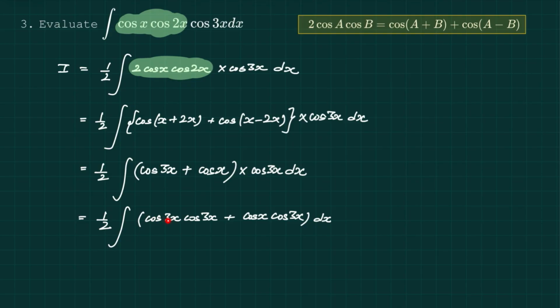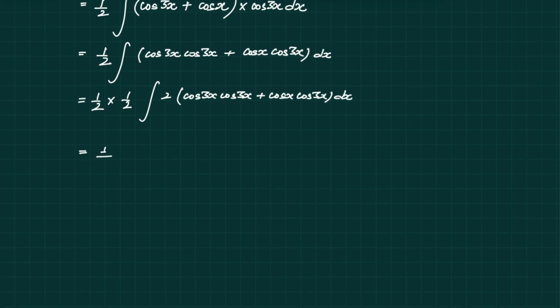We can also write cos square of 3x and use the appropriate formula here, but since I am using the same formula, let us continue with the same formula. So now again this is in the form of cos a into cos b, so here let us multiply and divide by 2 again. So here it will be 1 by 2 into 1 by 2 integration of 2 times cos 3x into cos 3x plus cos x into cos 3x dx. So this equals 1 over 4 integration of 2 cos 3x into cos 3x plus, opening the bracket, 2 cos x into cos 3x